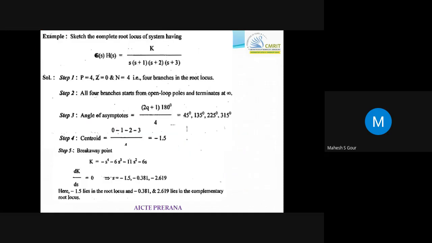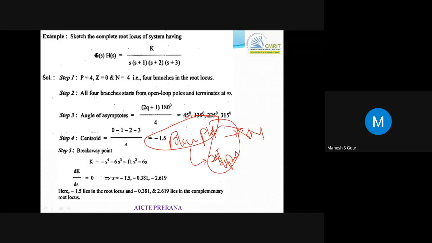So in the next class I'll be teaching the polar plot. You might have done 8 marks questions and all, right? Here you can solve in 2 steps. The whole polar plot, all the graphs, you can solve in 2 to 3 steps. All the 8 marks, 10 marks questions you can solve within 2 to 3 minutes.